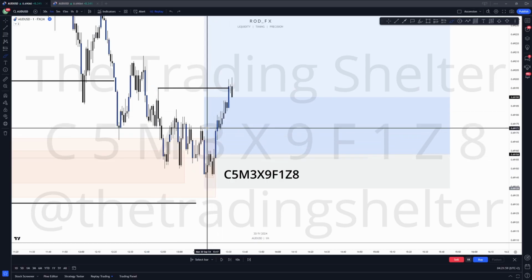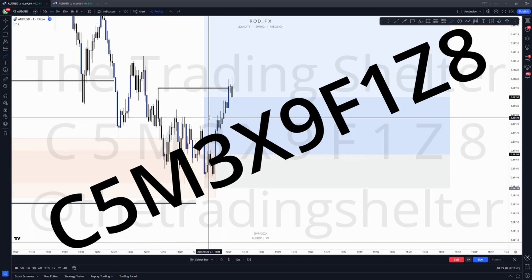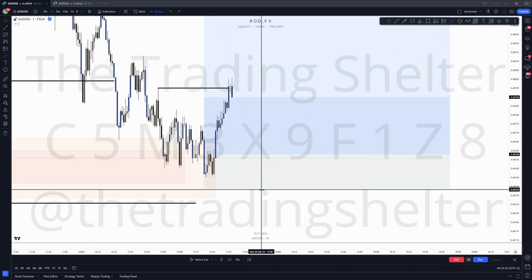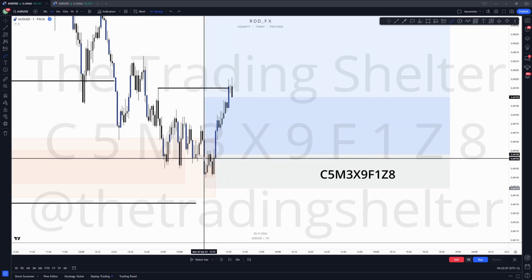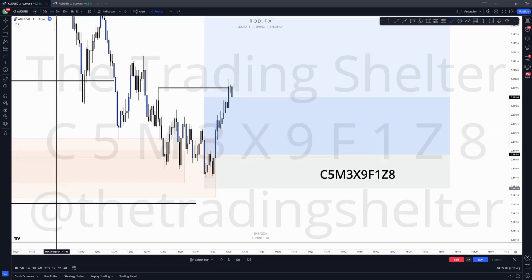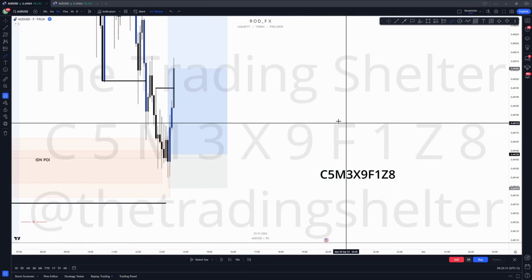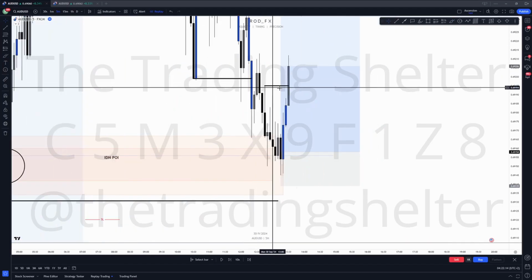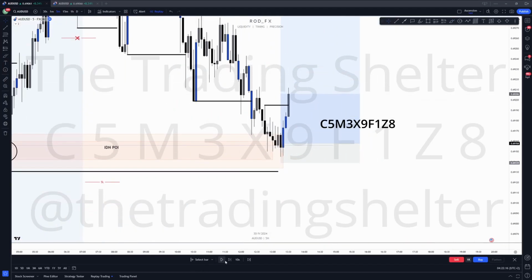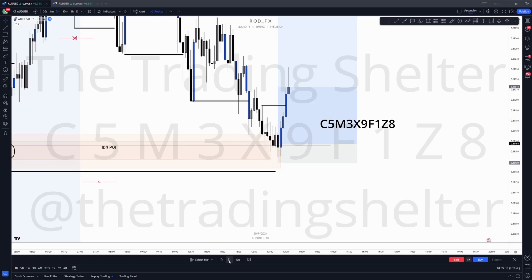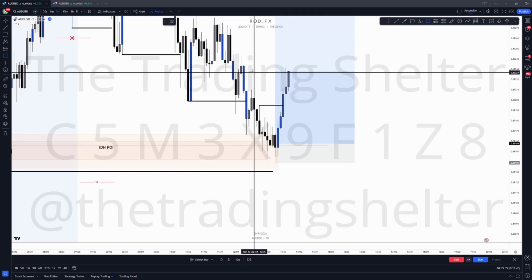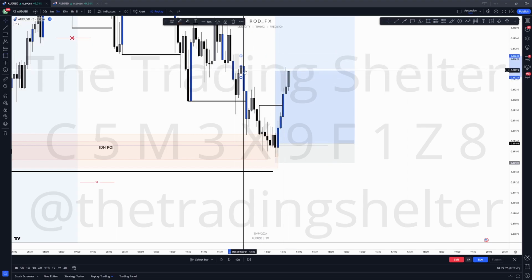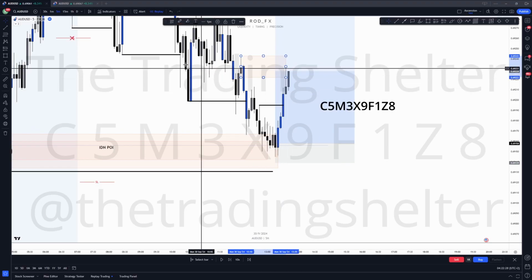So we would expect maybe price to come back and mitigate or fill this imbalance. But you need to understand that we are in M1, M5, and let's see what we have here. Let's go back. Better. Now we have that order flow, SMC trader respecting that order flow. We have that rejection candle.